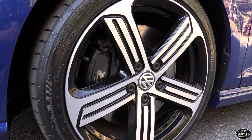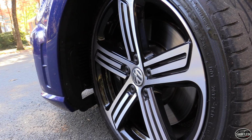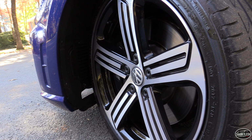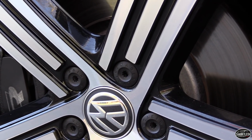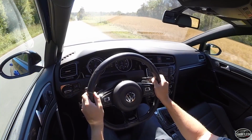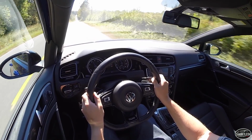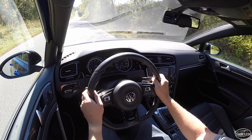The brakes are the same uprated units used on GTIs equipped with the performance package, including 4-wheel ventilated discs measuring 13.4 by 1.2 inches in front and 12.2 by 0.9 inches in the rear. Stopping performance should be somewhat similar to the GTI, which could stop from 60 miles an hour in a short 105 feet. Even with all the extra power on board, the single piston calipers have no problem shaving off speed